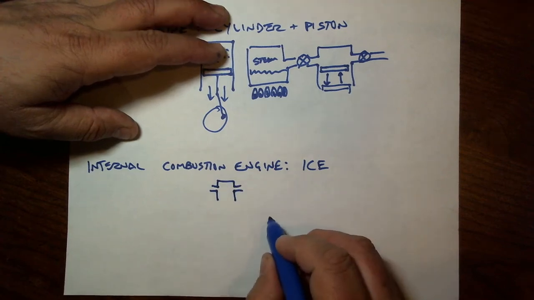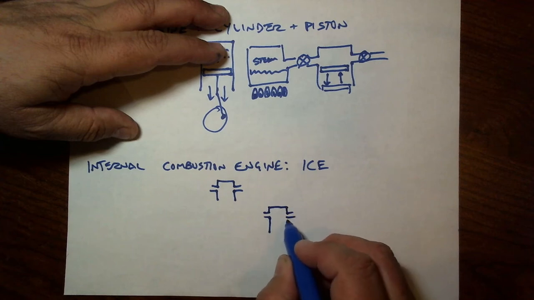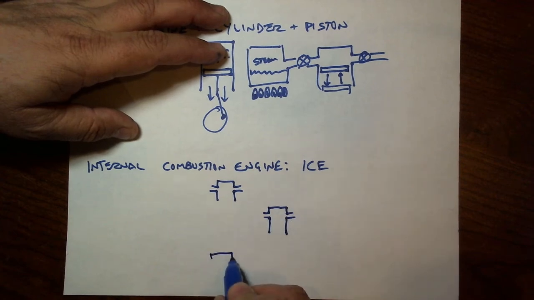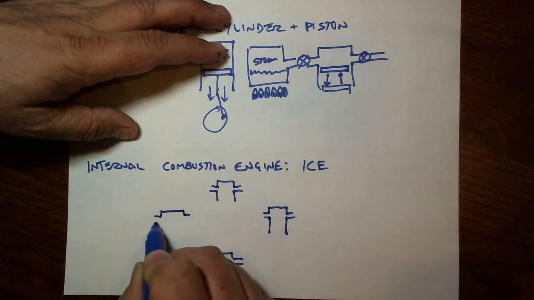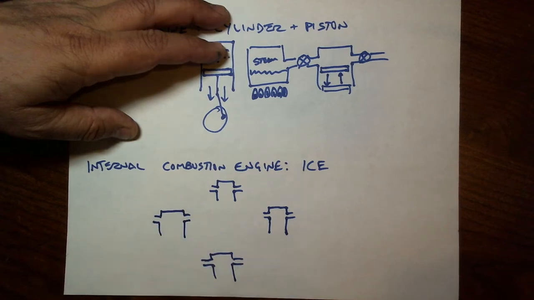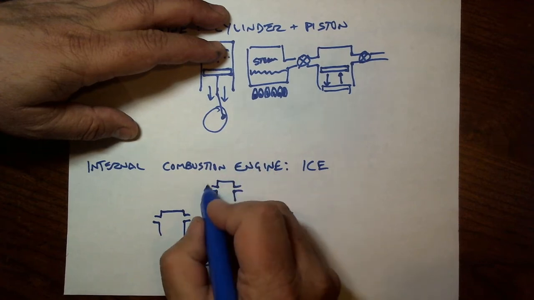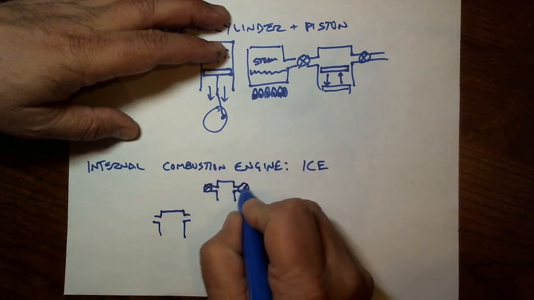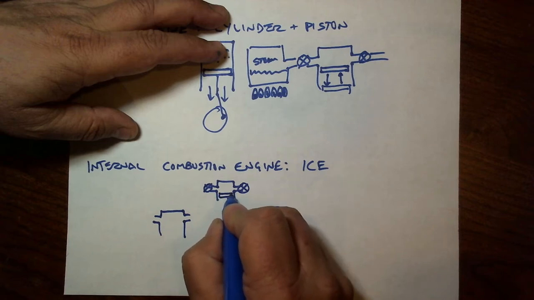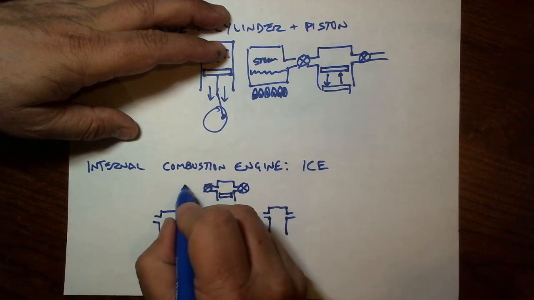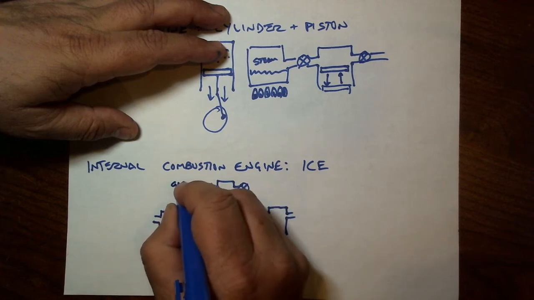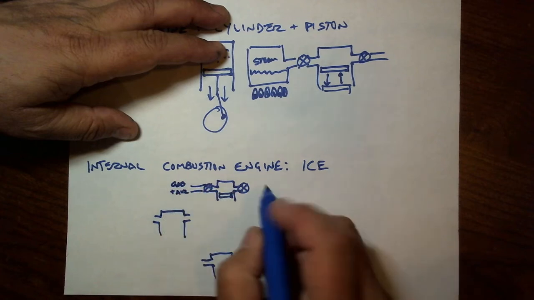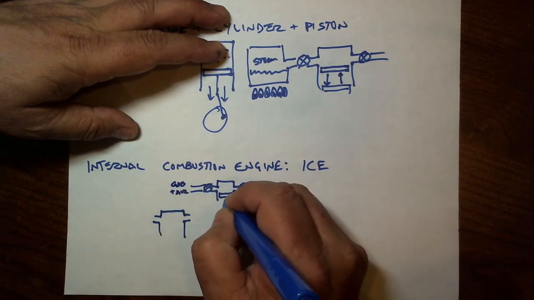1, 2, 3, and 4. And what we're going to do here is we're going to have a couple of valves, one on each side. The piston is going to start at the top, and over here is going to be a mixture of gasoline and air. And so first thing you do is you open this valve, and the piston is pulled down